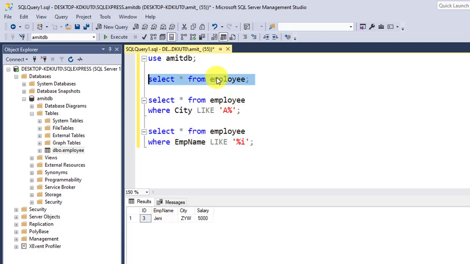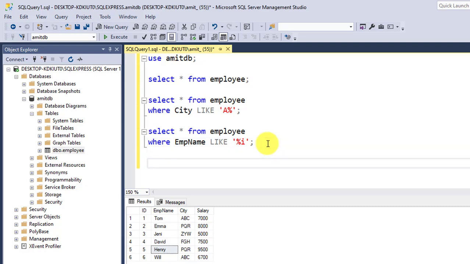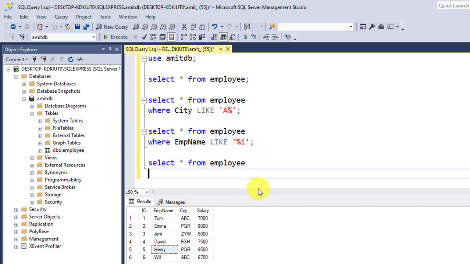Now let us display the records again. Now let's say we want the employee records with employee names that have E in the second position. Jenny has E in the second position and Henry has E in the second position. So we will use the LIKE operator. Use select star from employee because we want to display all the records. Now for the condition part, here we will be using both the percentage as well as underscore.